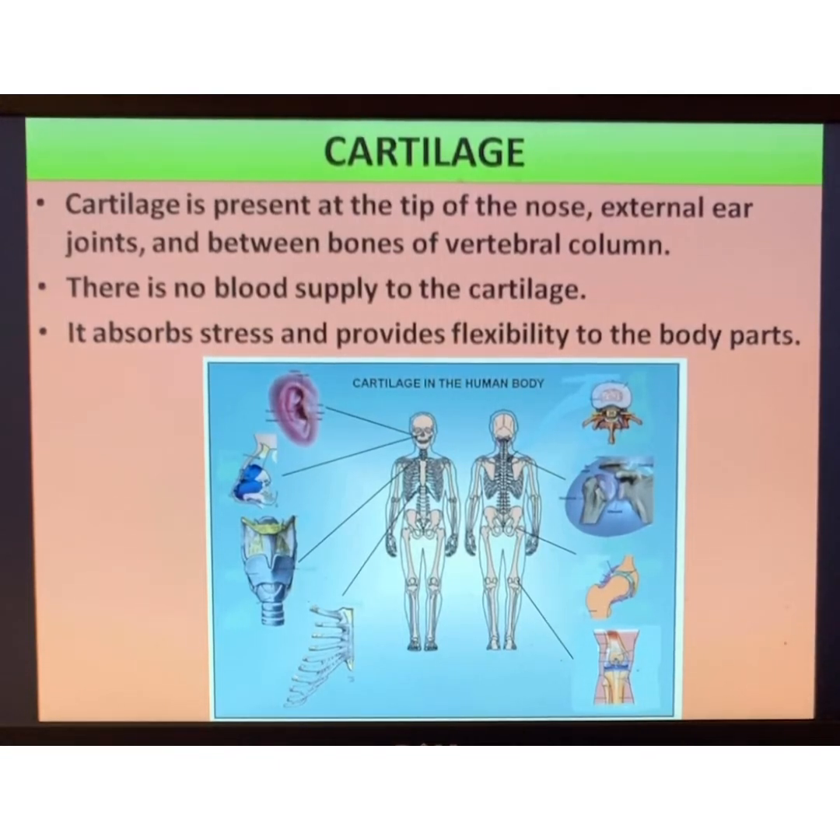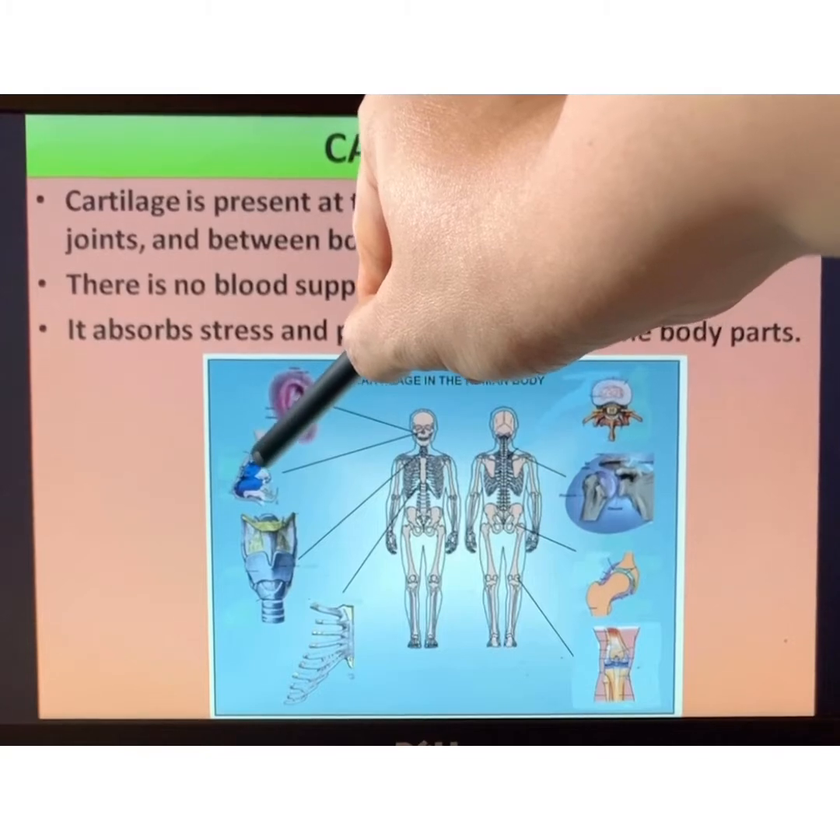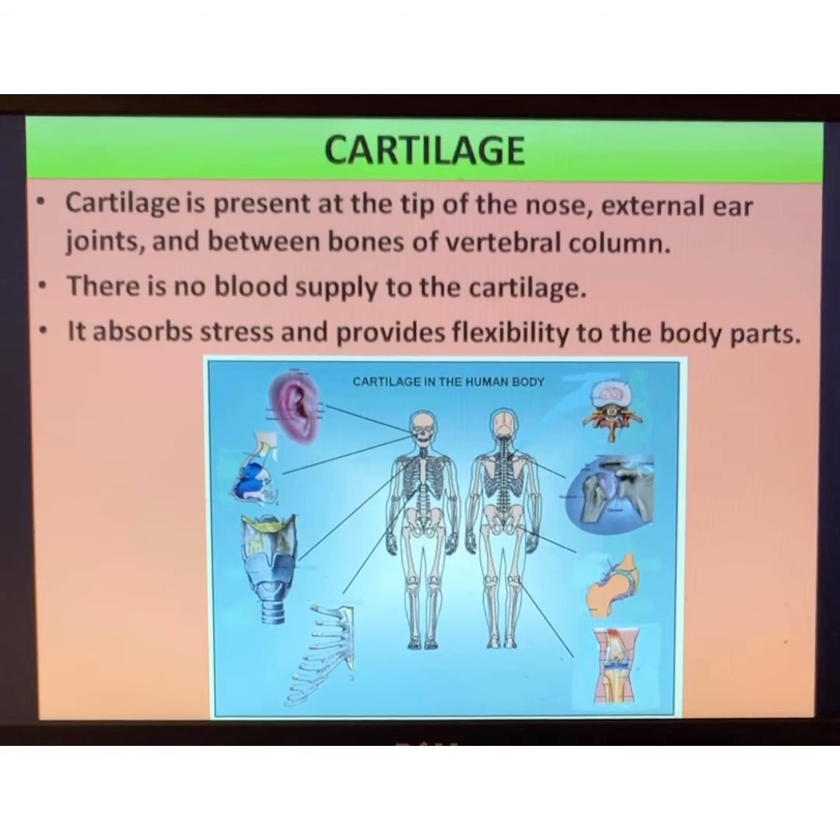And where all is it present? It's present at the tip of the nose. Students, there's a difference. When I say tip of the nose, I mean only the tip, not the nose bridge. This is the nose bridge, which is bony, but the bluish structure is your cartilage. Same with your earlobes. Your external pinna, earlobes, can be comfortably twisted and turned because it is made up of cartilage, right? Don't blame the teachers that they can easily catch hold of it, right? Okay, then